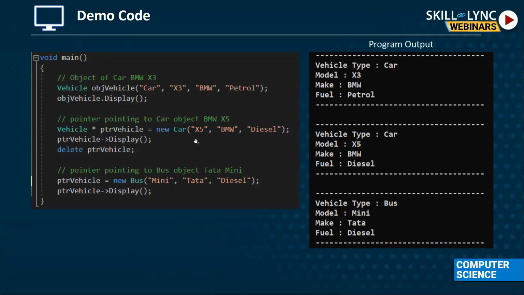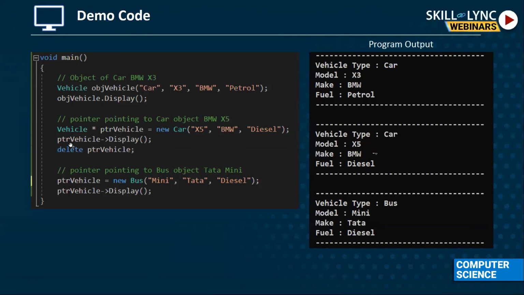Usually, if we have an address, we assign that address to a pointer, as we did with integer i equal to 100, and then the address of i to a pointer. Similarly, new is returning the address of this car object. So I have saved this address in a pointer, ptr vehicle. If we say ptr vehicle display, you can see in the second part of the output that it is now displaying a car with a newer model and a different field type.